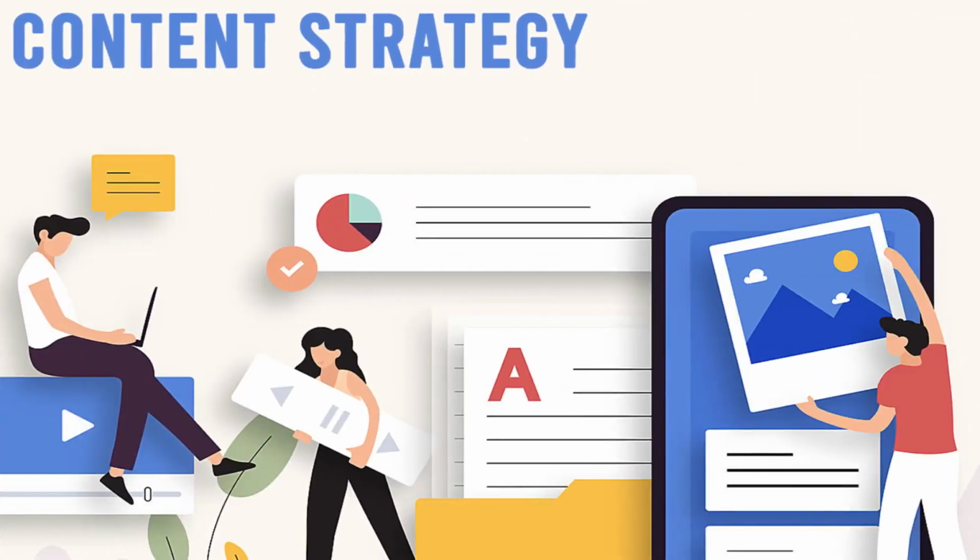Now, step number two is to choose a content strategy. And by content strategy, I mean formatting. There's three types of formats. The first format is going to be pictures, images, graphics. The second format is going to be written, like blog articles or written posts on Facebook and LinkedIn. The third format is going to be video.